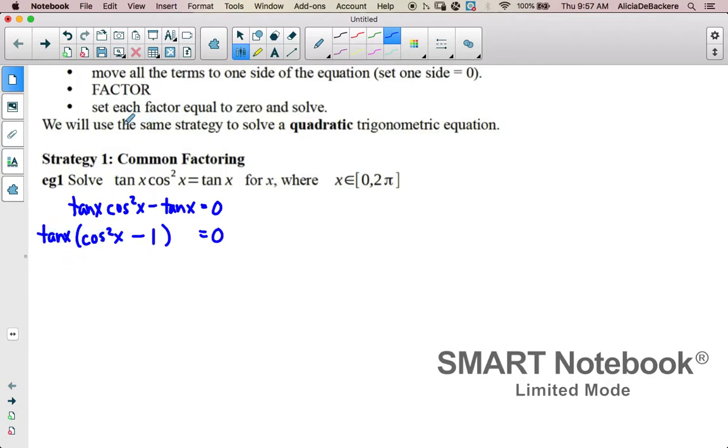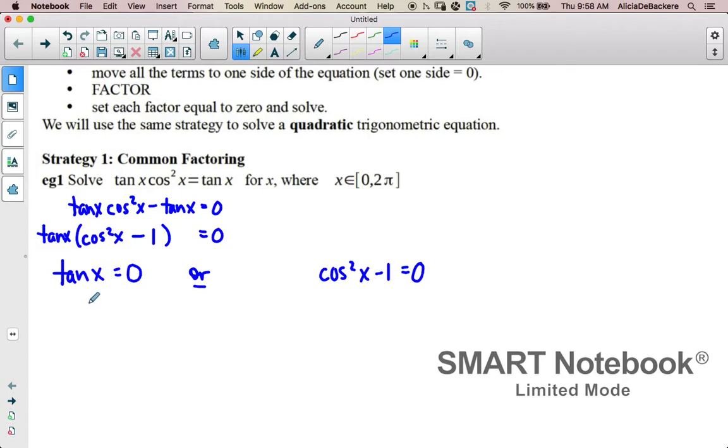So now that I have it factored, the third step up top is to set each factor equal to 0 and solve. So I'm going to take the first factor, tan x. So either it equals 0 or the second thing that I'm multiplying by has to equal 0. I'm going to leave lots of space here. Okay, so first we're going to take a look at, well, what happens, like when is tan x equal to